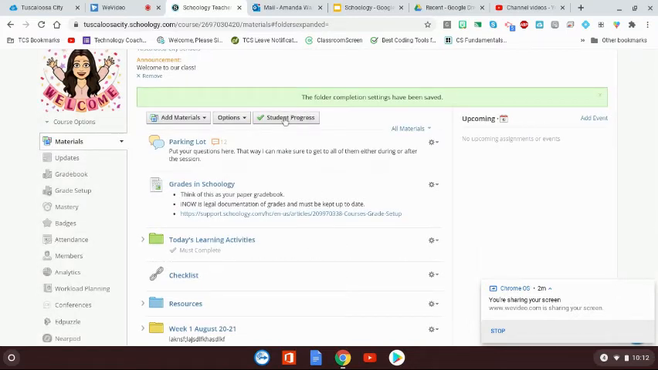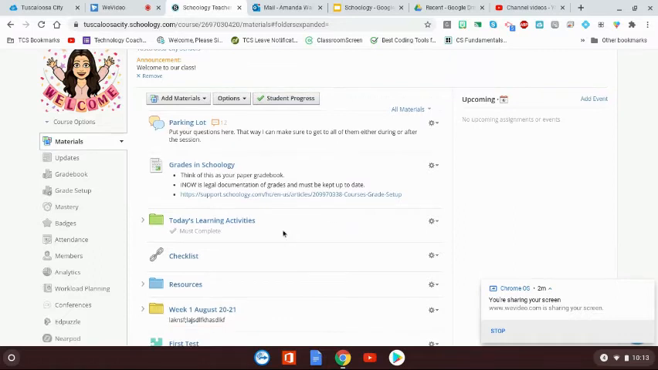You'll see this little pop-up come up here that says student progress. You'll see underneath the folder a check, must complete. That shows that you have that checklist attached to that folder now. The coolest part about this is, if I go up here to where it says student progress and click that,